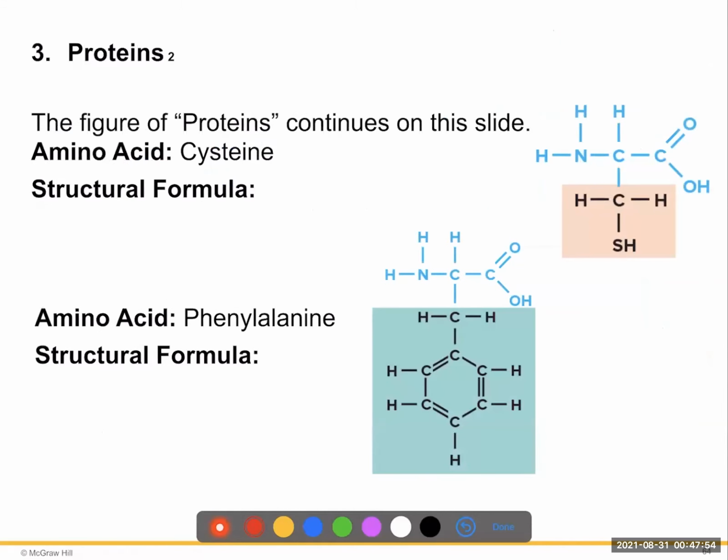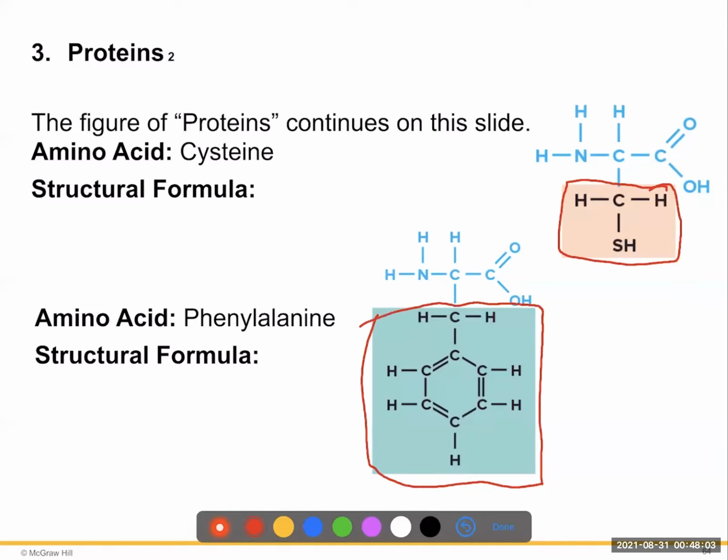Okay, so cysteine has a sulfur group in it, CH2SH. Okay. Phenylalanine has what's called a benzene ring. Okay. It's a 6 carbon ring with alternating double bonds, has special properties. So that's phenylalanine. Okay. If you ever have a patient that has PKU, phenylketonuria, they can't have proteins that have phenylalanine in it. They can't break